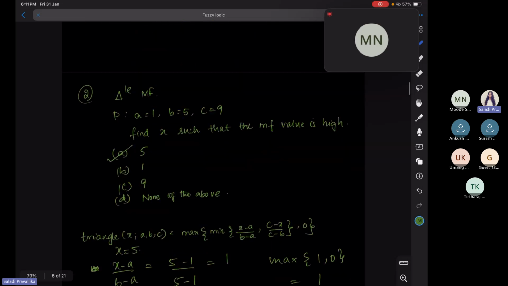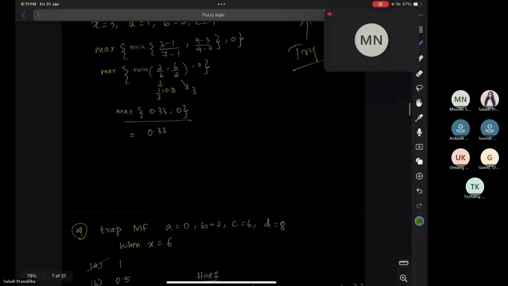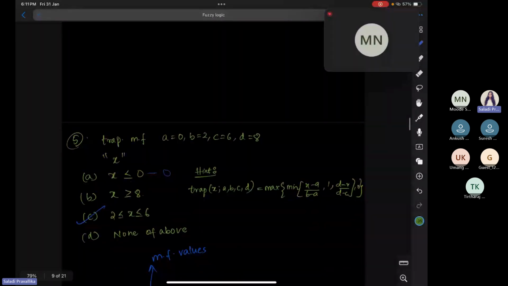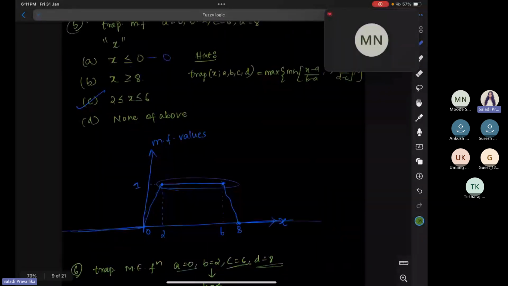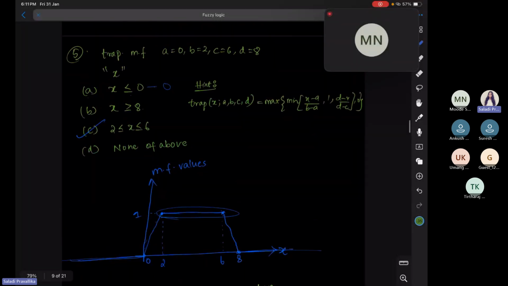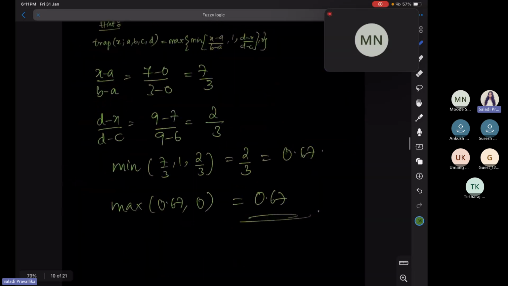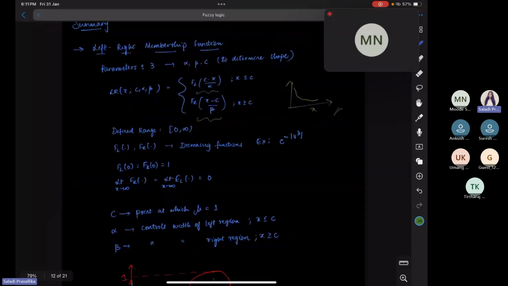As soon as the triangular membership function was done, we went to the trapezoidal membership function, right? In the trapezoidal membership function, we saw when the membership value becomes 1 and when it becomes 0, and how we identify the maximum value of x and all of that. We saw a lot of examples previously, and then we have the Gaussian membership function, and today